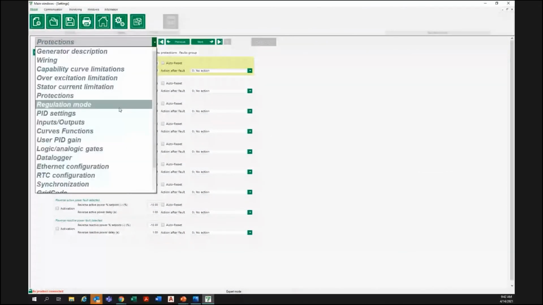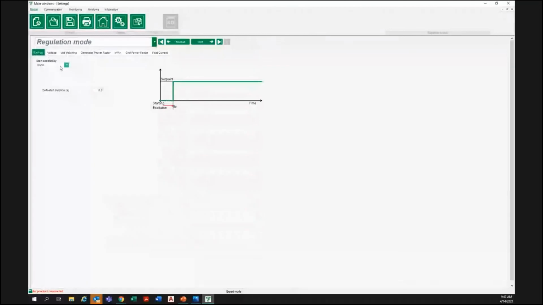And let's move on to voltage regulation mode. So with the D700, the startup has to be activated by digital input. So we'll select D1. As you can see, there's a lot of digital inputs we can choose from. And then this is the soft start duration. Just depends on how long you want it to take to get up to rated voltage. So we set it for 5 seconds.